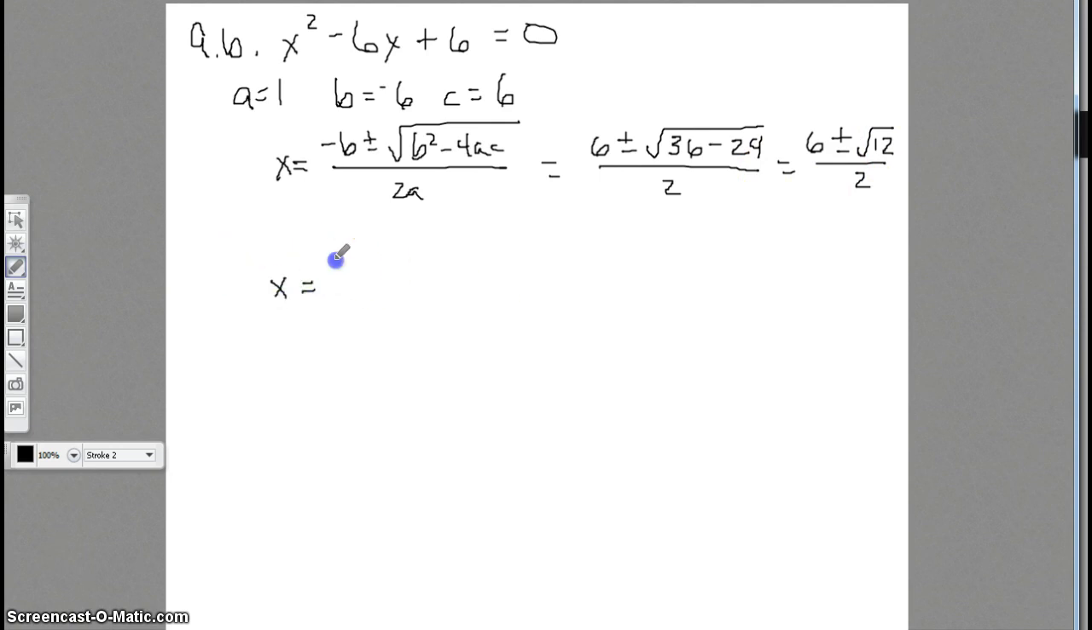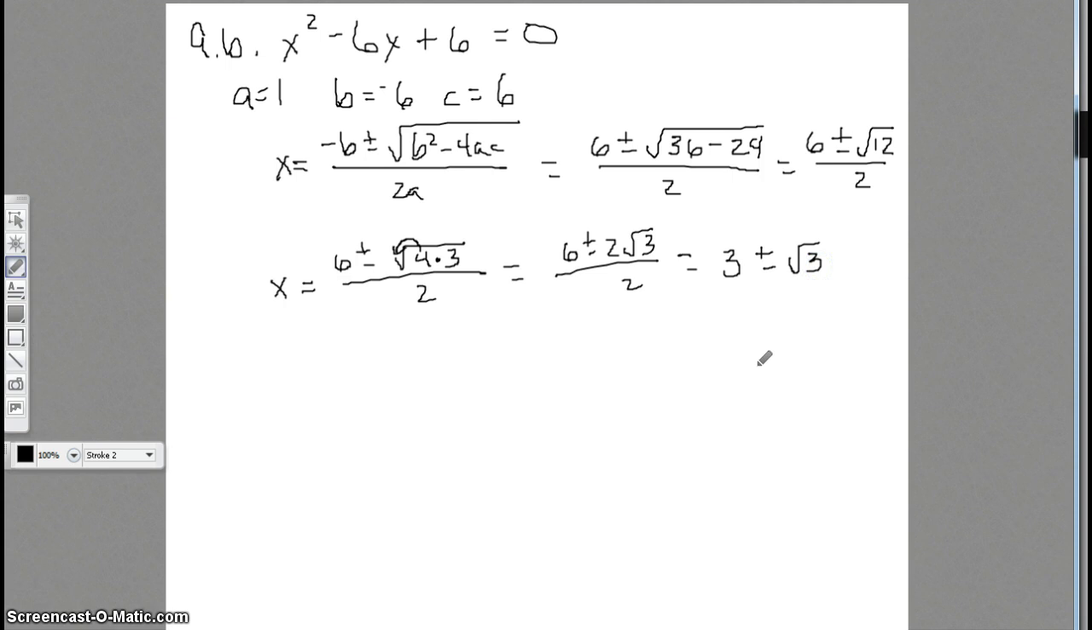Our x is equal to 6 plus or minus. When we look at 12, 12 can be written as 4 times 3. And then this is all over 2. So this 4 can be pulled out to become a 2. So this is 6 plus or minus 2 square root 3 over 2. That's just simplifying, which you know how to do. Now we need to simplify this fraction because notice we have a 6 and we have a 2 and we have a 2. They're all even numbers. 6 divided by 2 is 3. 2 divided by 2 is 1. So we have 3 plus or minus the square root of 3. And that's how you can leave this answer, because it says to give the